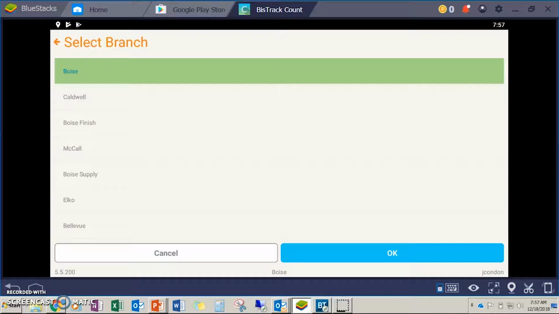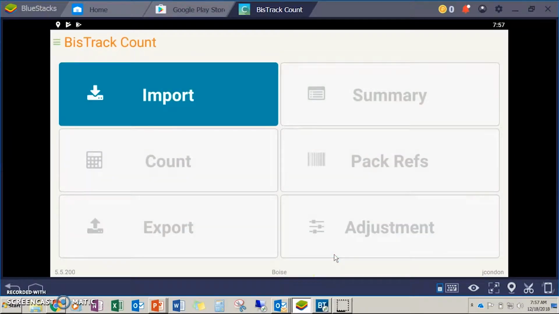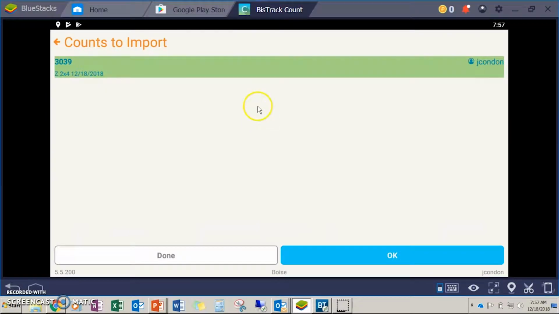So once we actually get logged into the Bistrack count app, the first thing we're going to see is branch selection. That one's pretty easy. We're going to select the appropriate branch. From there, it's going to bring us to the main menu. At this point, the only option that we can do is import account because it doesn't know what I want to do. So we first select on import, and this will now show me a list of every active count